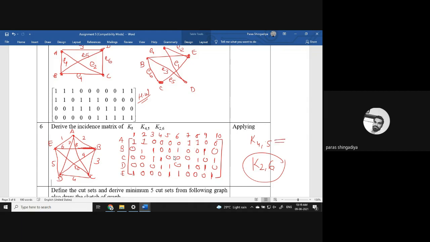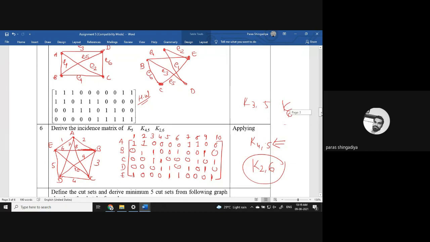Clear? That is important. How we can draw K45, K35, K29, K6, K7, and so on. Okay, so practice some more graphs here if required. Clear? And if you can draw any of the graphs, then it's very good. Clear? And then after that you can easily derive the matrix, incidence as well as adjacency. Clear? So keep practicing all these types of examples. For any graph, how we can create a matrix and how we can create a graph from the given matrix. Clear? In both cases, incidence as well as adjacency.